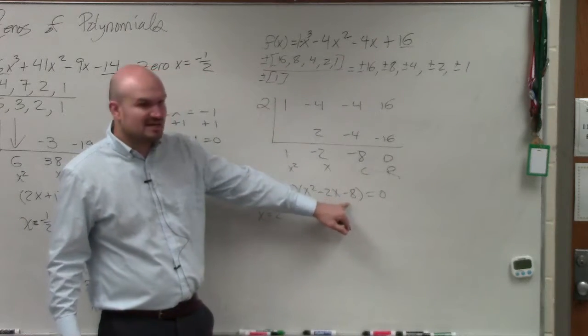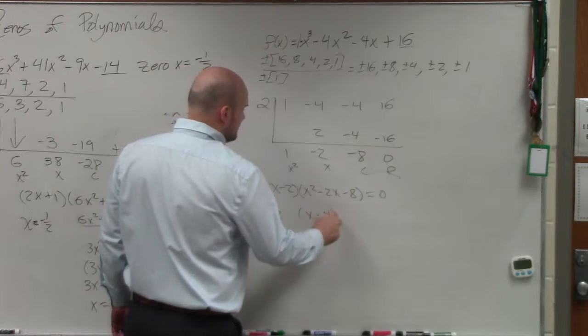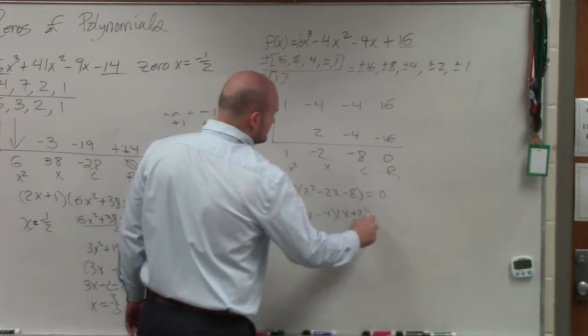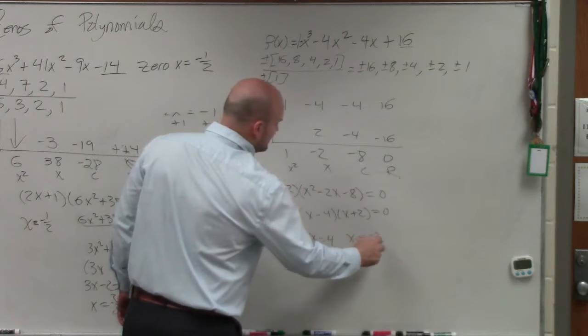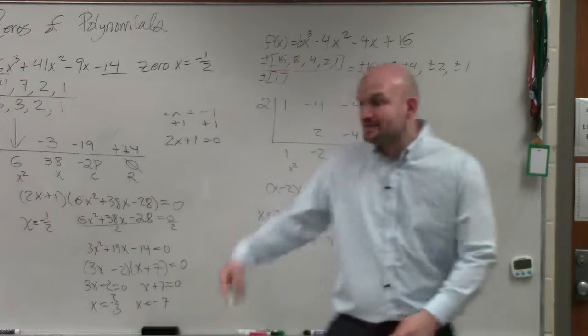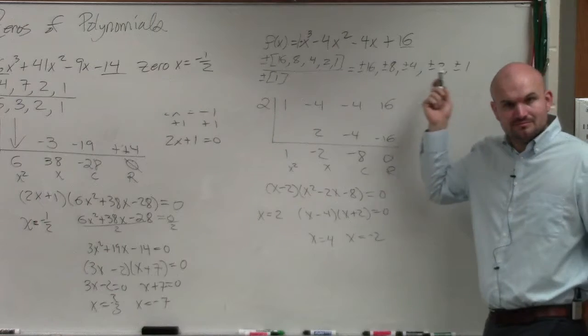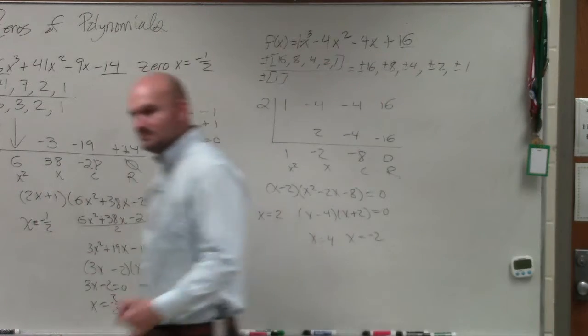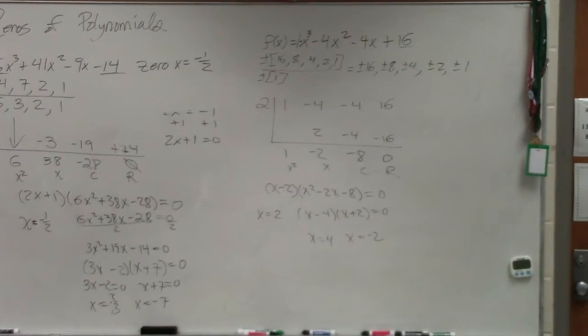What two numbers multiply to give you -4, add to give you -2? x minus 4 times x plus 2. So therefore, x equals 4 and x equals -2. And do you guys see, are those all solutions that are part of our rational zero? Yes. That's it. So what I'm trying to tell you guys is on problems, what you will see on a quiz or a test